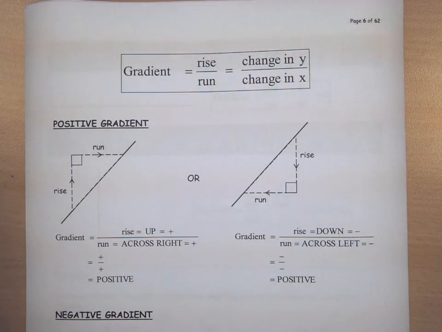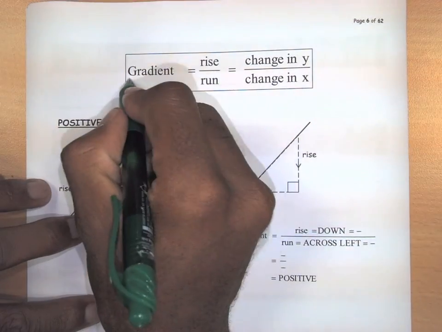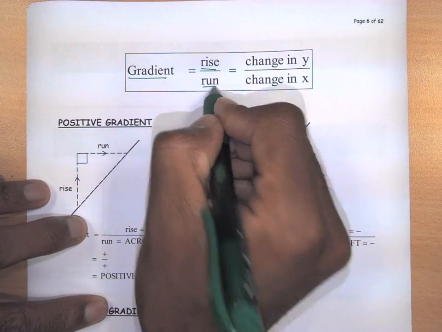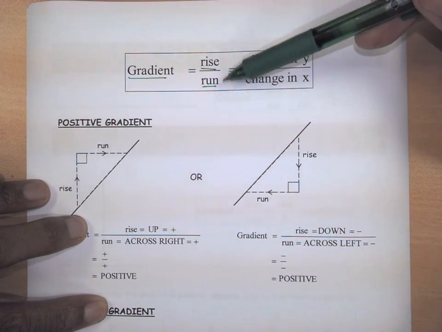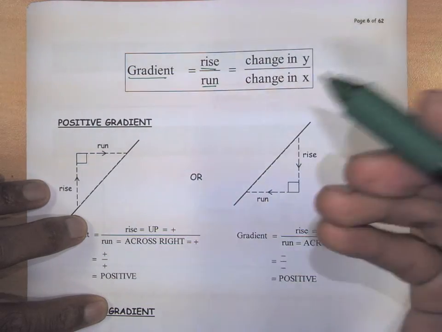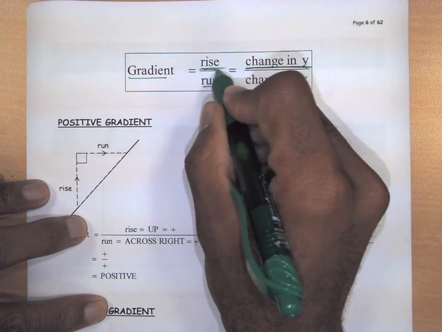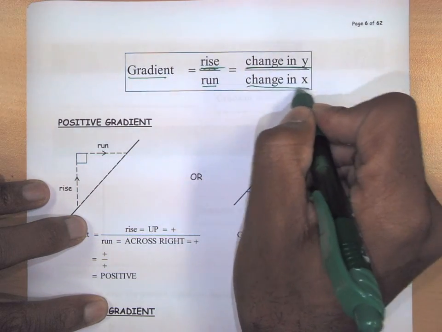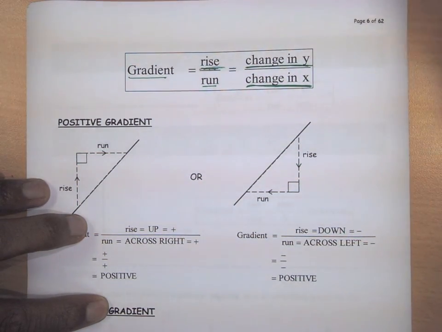How do we really define a gradient? So we define a gradient as rise over run, okay? What does this rise mean and what does a run mean? Rise just means change in y, okay? And run means change in x. And what does change mean? Change means it can be the initial value minus the final value, or the final value minus the initial value,